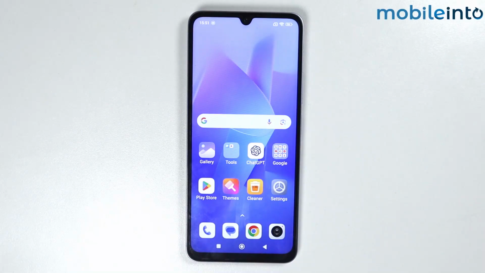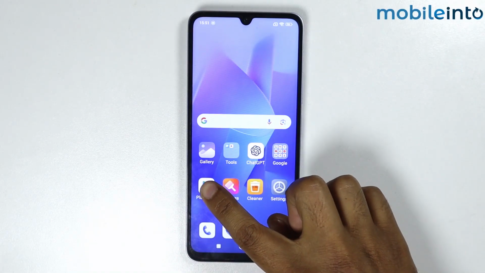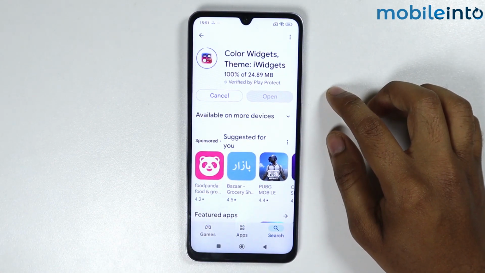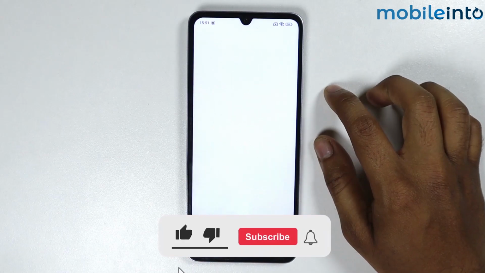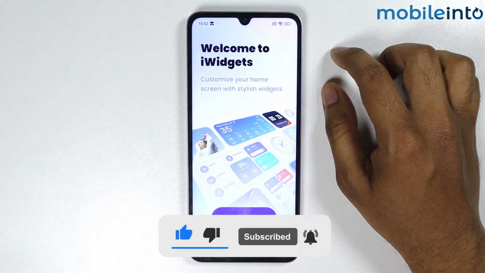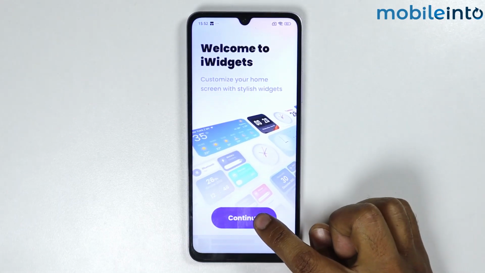In this video, I'm going to show you how to get iOS widget on any Xiaomi Redmi phone. Open the Play Store, install this application, tap on Open, allow the permissions, tap on Continue,